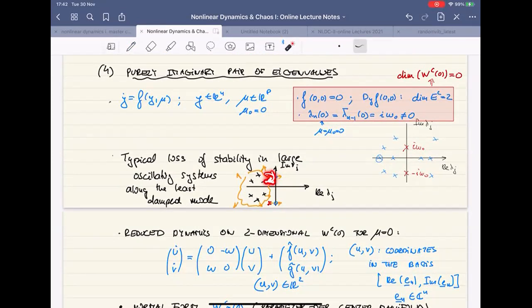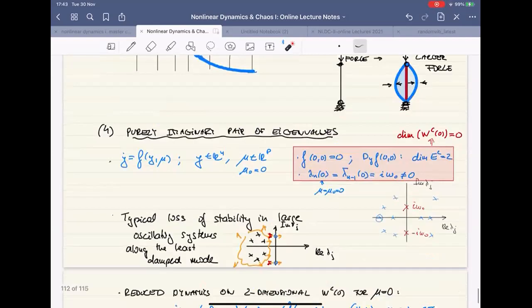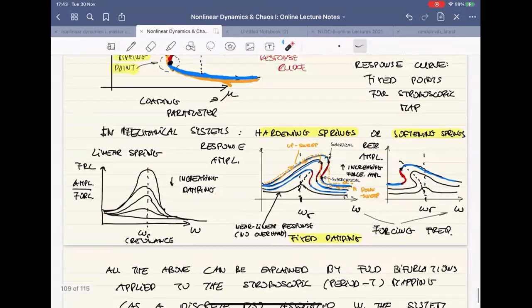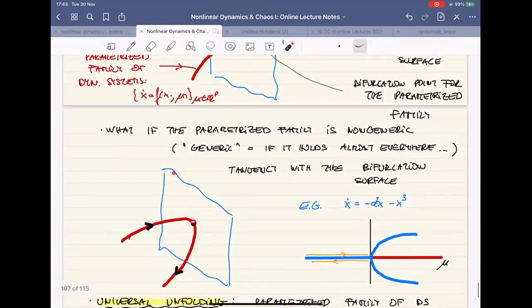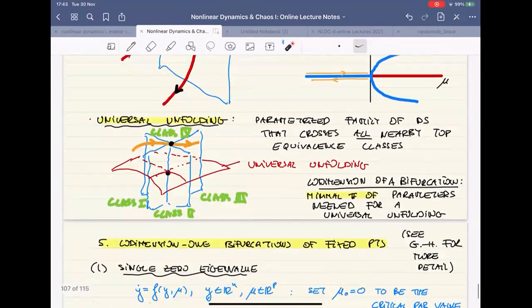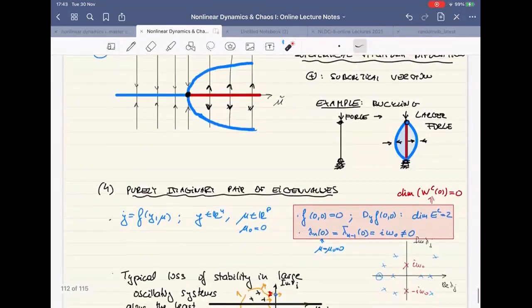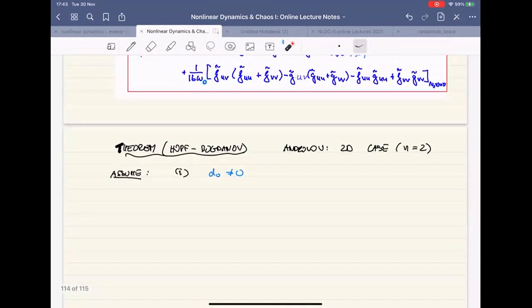You're turning back from the bifurcation surface. This is not the bifurcation surface. That was a different notion, but the turning back would manifest itself in exactly the same way as it does in the space of dynamical systems. So here it's not the dynamical system that does this, but it's the eigenvalue that does that. But it translates to the dynamical system doing this. Right? Because you're just basically touching the bifurcation surface, but you're not getting on the other side. So this condition prevents that from happening. You really are crossing through from one equivalence class to the other. So therefore,